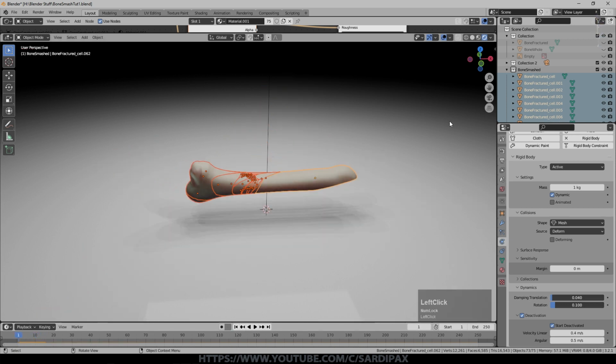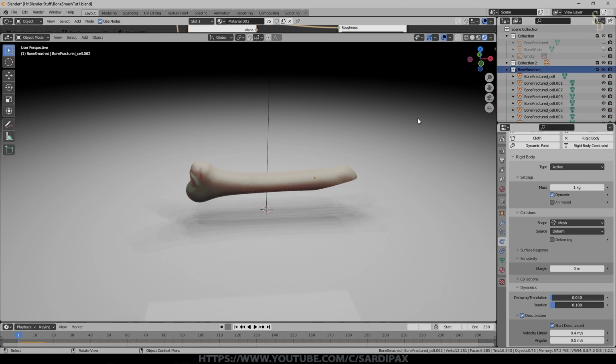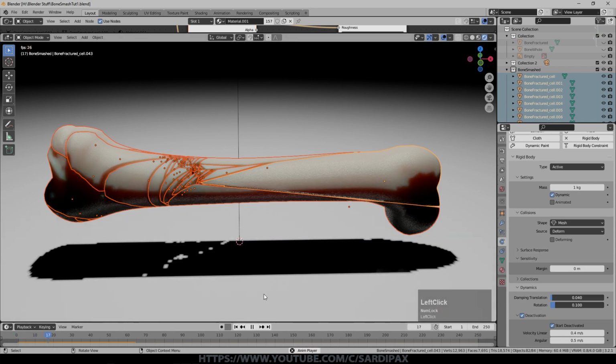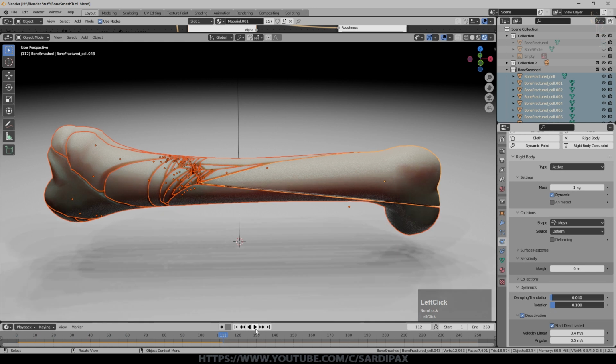So what I'm going to do is redo the smashed bones, and we'll add a little more margin. Just to make it easy, I've put quite a large margin on it this time, and everything else is as I showed you. So we've got mesh for the collision shape for each of the pieces. We've got deactivation triggered, and we've got start deactivated. So now it actually simulates very quickly because there's nothing to simulate. There's nothing moving, and that's what we wanted.